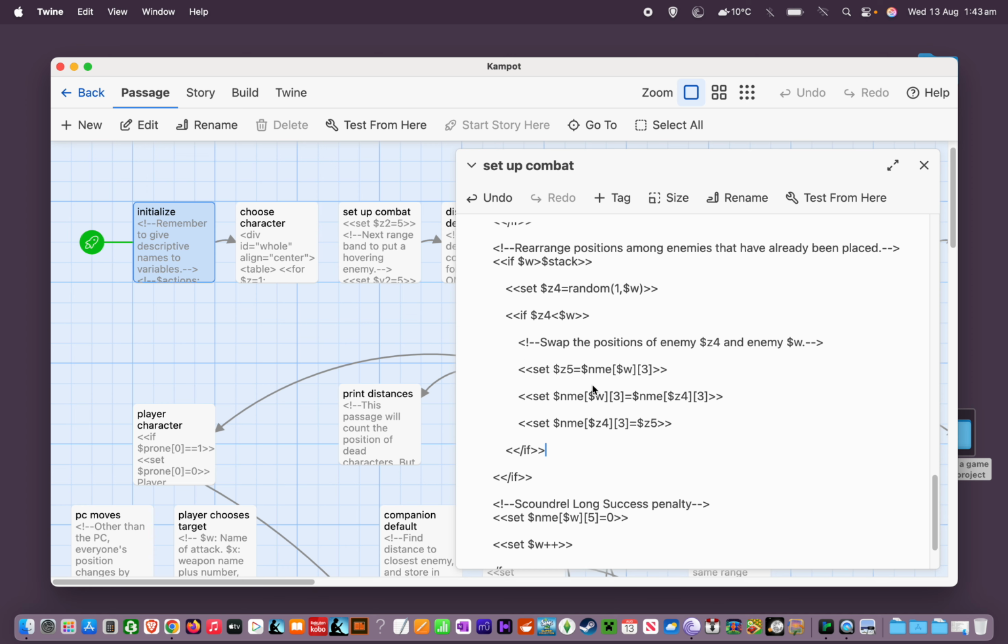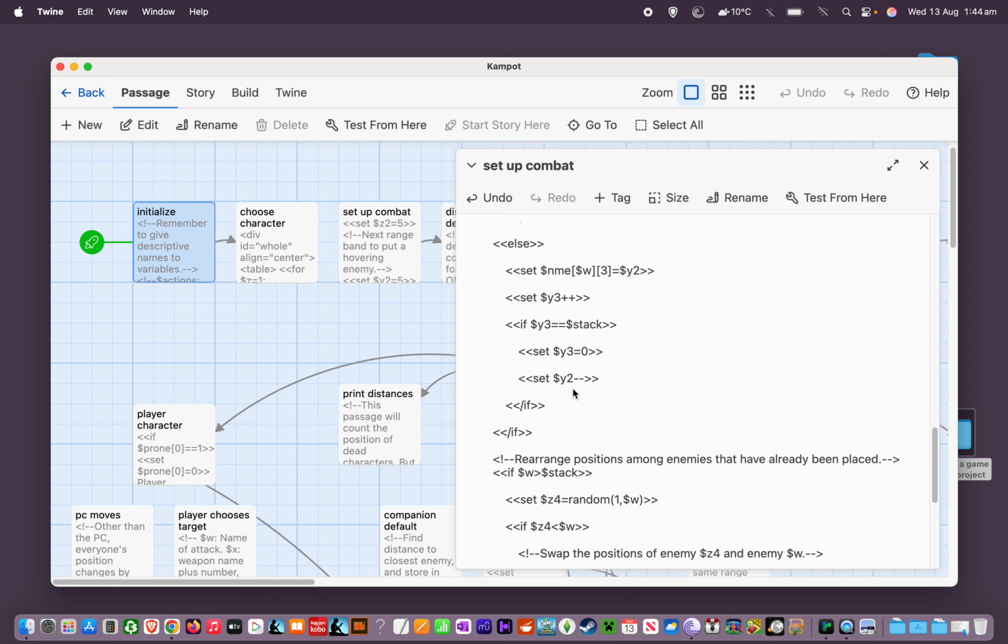Then we look at enemy 6. We generate a value from 1 to 6, and if we get a 6, we don't do anything. We leave that enemy there. If we get, say, a 2, then we're going to swap enemy 2 and 6. And so an enemy might end up being swapped several times, but I'm pretty sure that this method will create a random arrangement, and it will have an equal chance of every possible random arrangement, with the exception